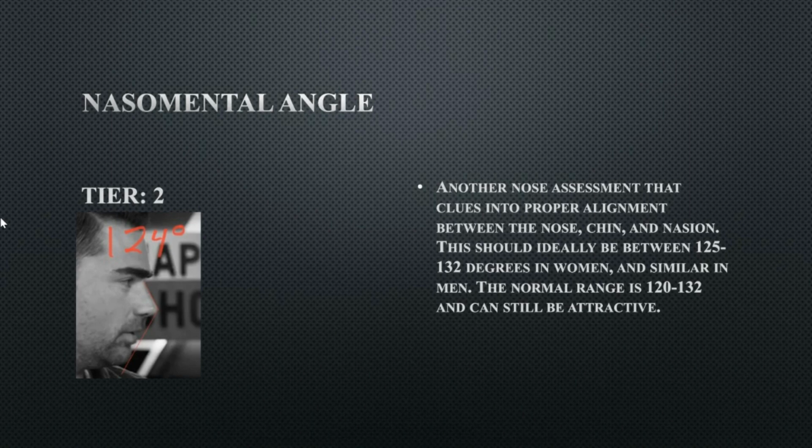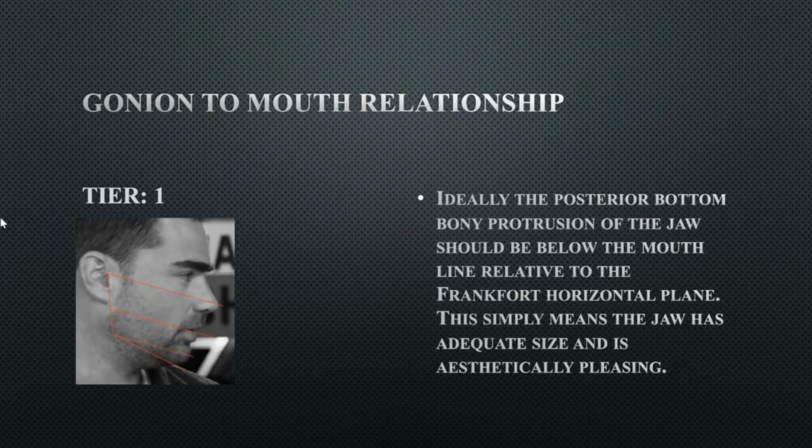The nasomental angle is a tier 3, and that is close to the ideal range at 125, and his is at 124. And like I said again, his facial convexity is a little bit too rounded, and if his facial convexity wasn't a little bit too rounded, this would have been perfect. His gonio to mouth relationship, so it determines if you have an